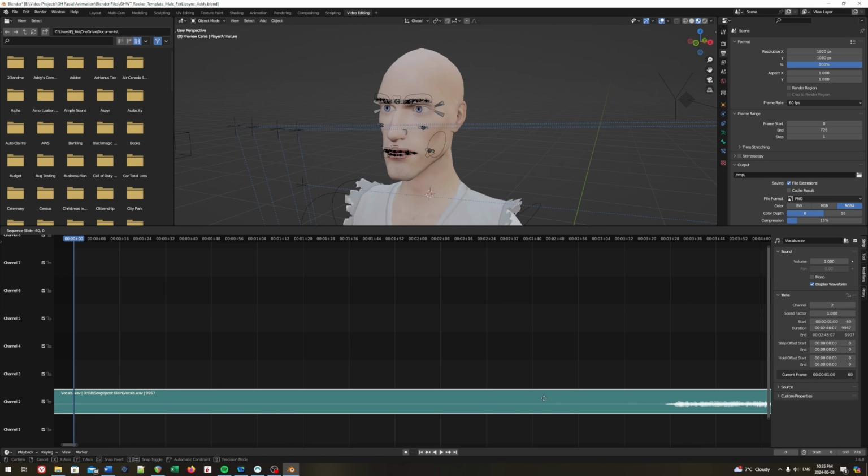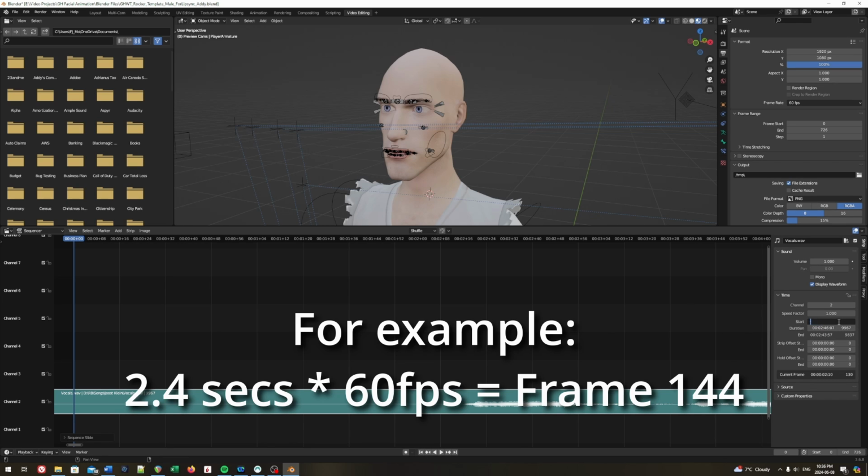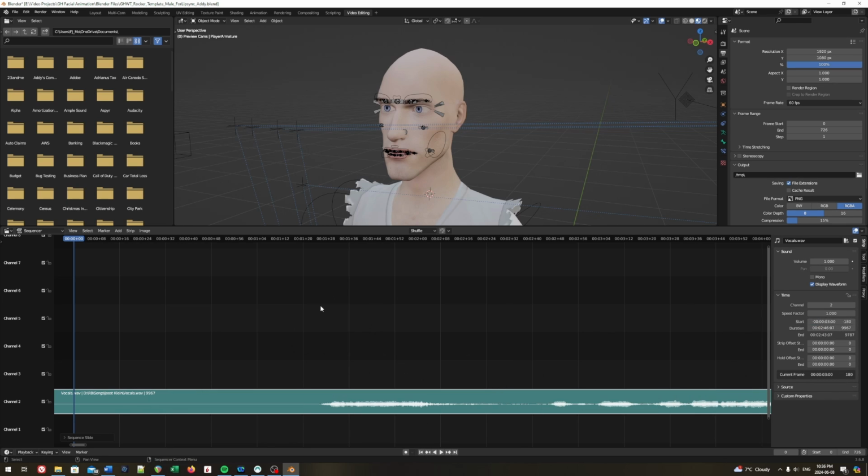In the time category, enter in the frame that you approximately started recording your face in BlendarTrack. To get a frame, grab the time in seconds and multiply by 60. Enter this value as a negative in the start box. You can then press play to see how it lines up. If it's not in sync, you can pause, move the audio file by clicking and dragging until it lines up. Once you feel confident the animation matches the audio, take a note of the start time in frames